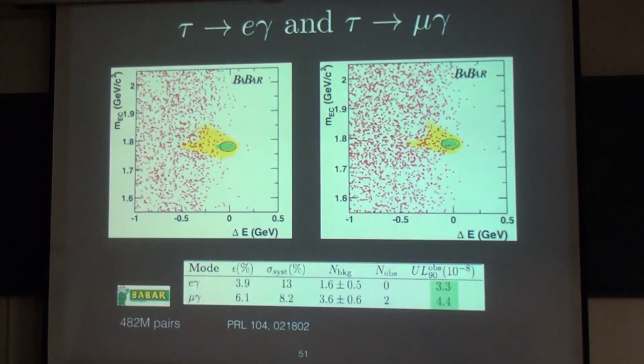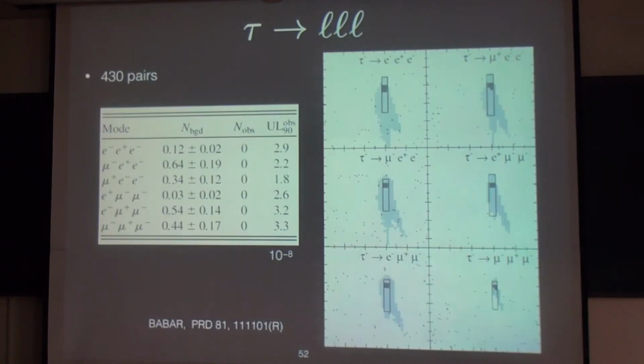So I'll show you a couple of results from BaBar. This is tau to e gamma, mass and energy. This is e gamma and mu gamma. Okay, the sensitivity is a few times 10 to the minus 8. These upper limits are from about 482 million tau pairs. And tau to 3 leptons, or 6 combinations. Again,